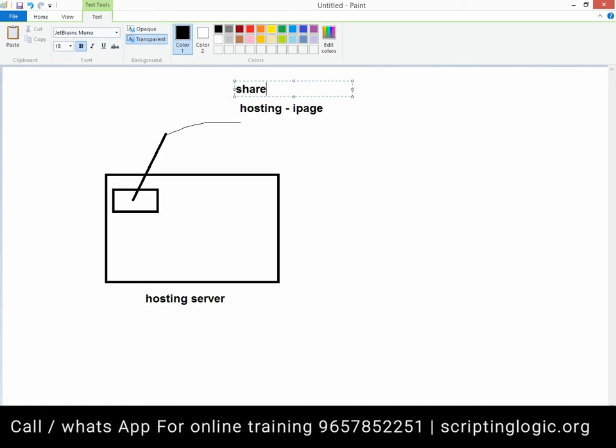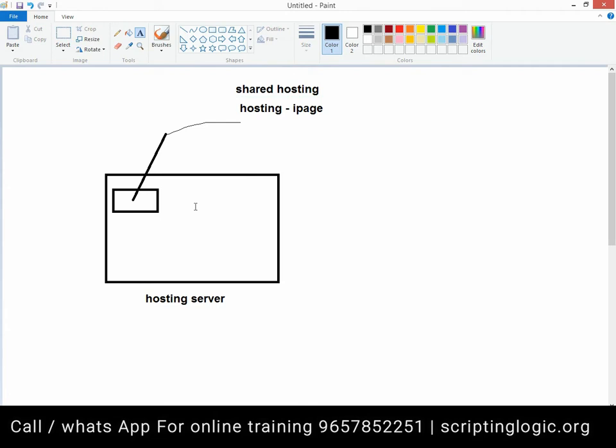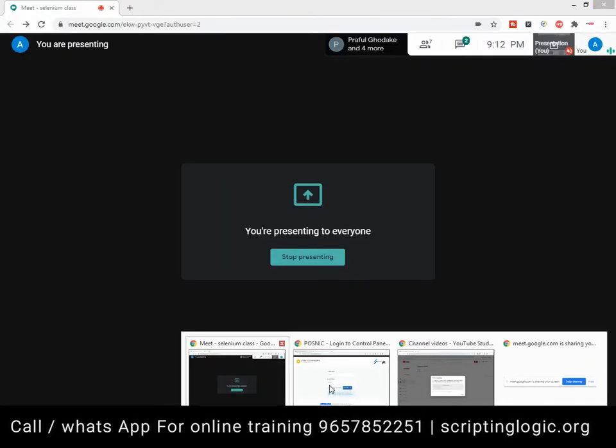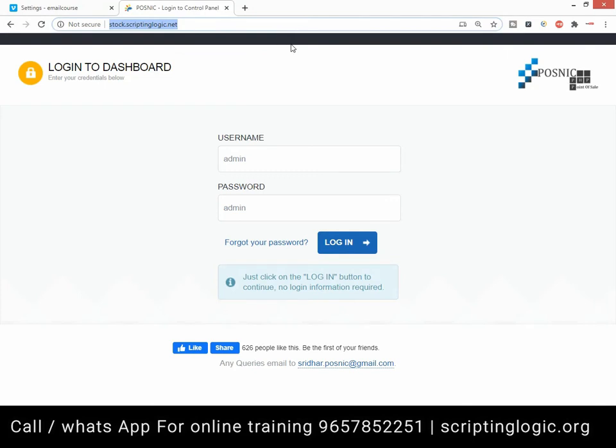Shared hosting means that they allocate some space to you, and you will have some account, and there are several options wherein you will be able to upload your files, HTML files or your project files, to that server, and when you upload those files to the server, they will be accessible through the web.